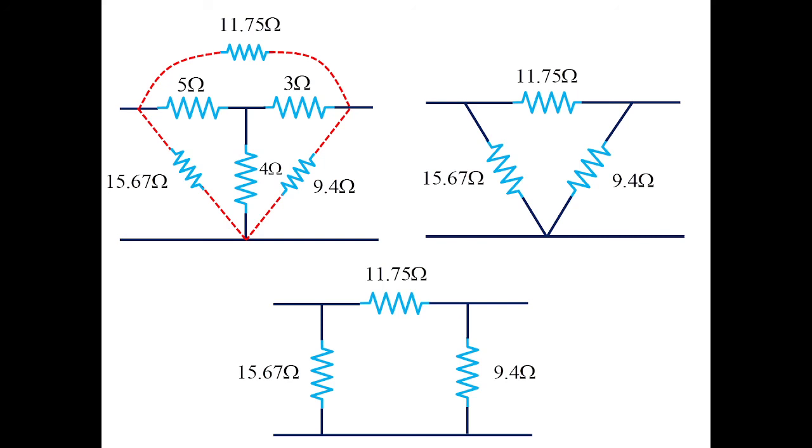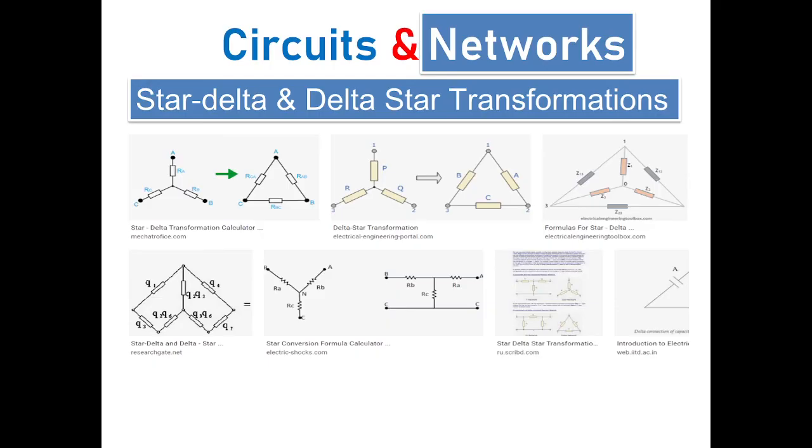I hope you understood this basic technique to obtain a delta network from a star network. In my next video, I'll work out some more problems based on star to delta and delta to star transformations. Now you tell me what kind of problems you would like to have. Those problems I'll be solving in my coming videos. So in today's class, we have seen star to delta and delta to star transformations, a shortcut technique.